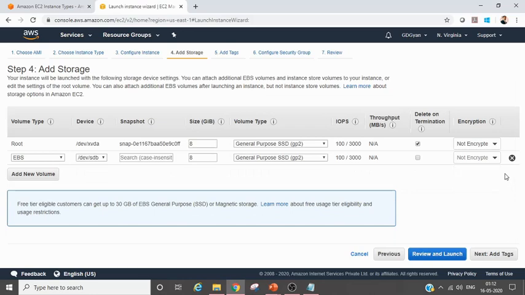Next question is that, suppose I have one root device which is general purpose SSD. Can I change it when my EC2 is being launched? Yes. Do I need to stop the EC2 instance? No. Let your EC2 instance run as it is. You change it by logging into Amazon AWS console, and it would be reflecting immediately. It takes some time, 2-3 minutes, I mean the time it takes to load your page, but once it shows it's done, it's done. So it's that easy. Earlier we used to stop this, but now we don't have to.